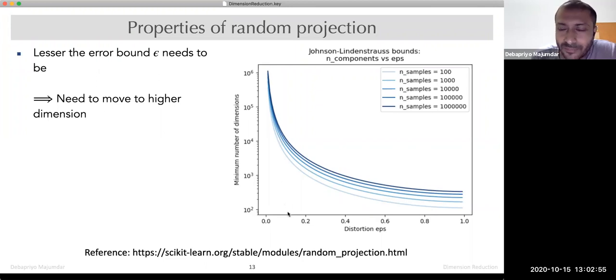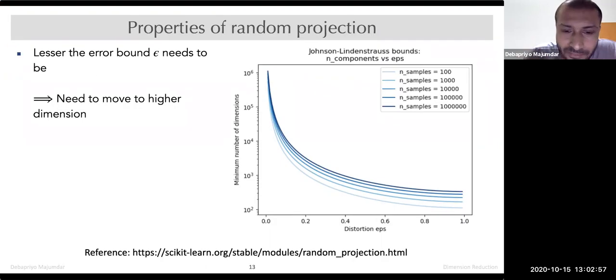Okay, so these are the main 2 points that we want to note about random projection. Please do read the slides, and if you want, please read the papers also. I have tried to compile this in a simple way, reading several materials so that it is easy to understand.